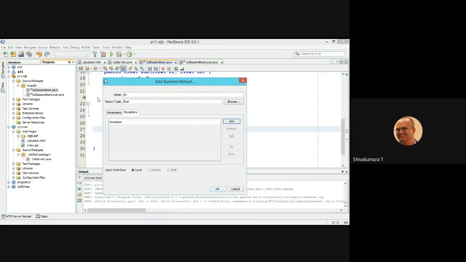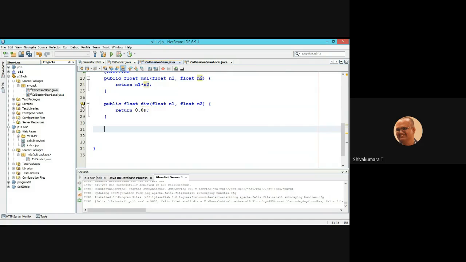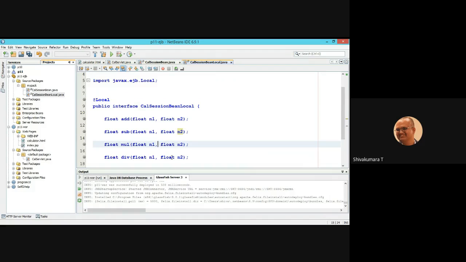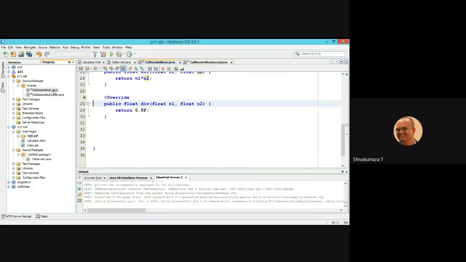Okay, let it be. We'll go with this n1 and n2. So add the override annotation. The corresponding interface method is added here for division. It will return n1 divided by n2. Okay, the business methods are defined in the bean class file.